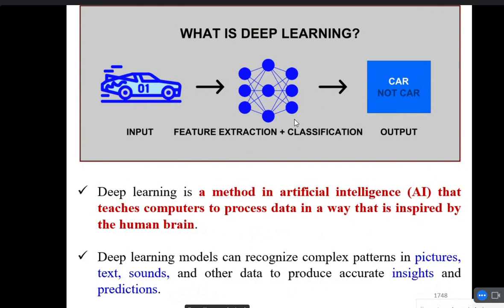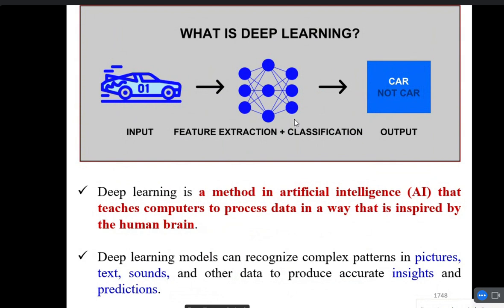See, the difference between machine learning and deep learning: machine learning will identify whether it is a car or not. Whereas in deep learning, it will identify it is a car and it can give additional features, like what type of car, what is the cost of this car, what is the color of this car, what is the weight of this car. Everything it can describe. That's why deep learning. Are you understanding? So that means we are extracting minute level features of complex data. Wherever complex data is there, we are using deep learning concepts.